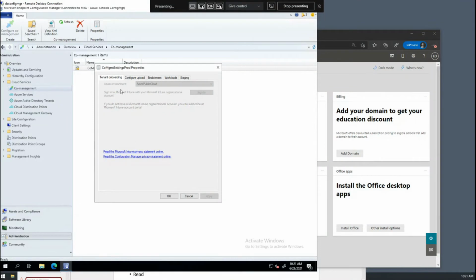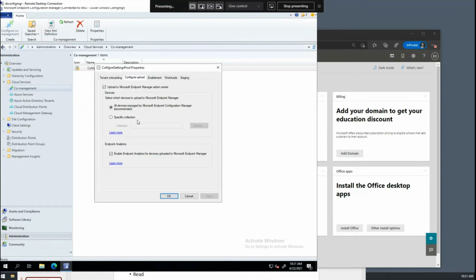I've already set it up, but basically you pick your Azure public cloud, you click sign in, and you'll be presented with the sign in box. Make sure you sign in with a global admin. After you do that, it's going to ask you a question: select which devices to upload to Microsoft Endpoint